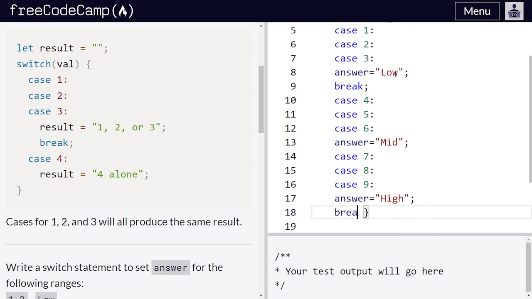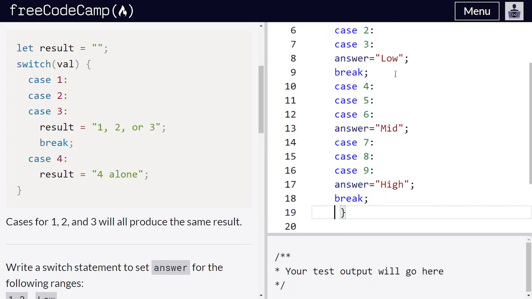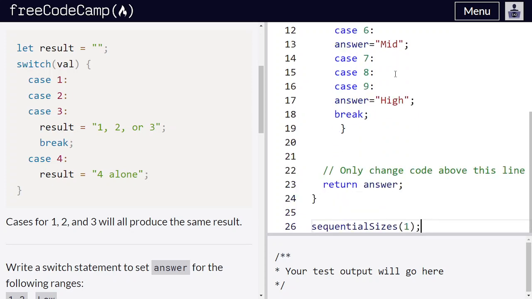Then we should put the break statement here. Okay, so we have everything.